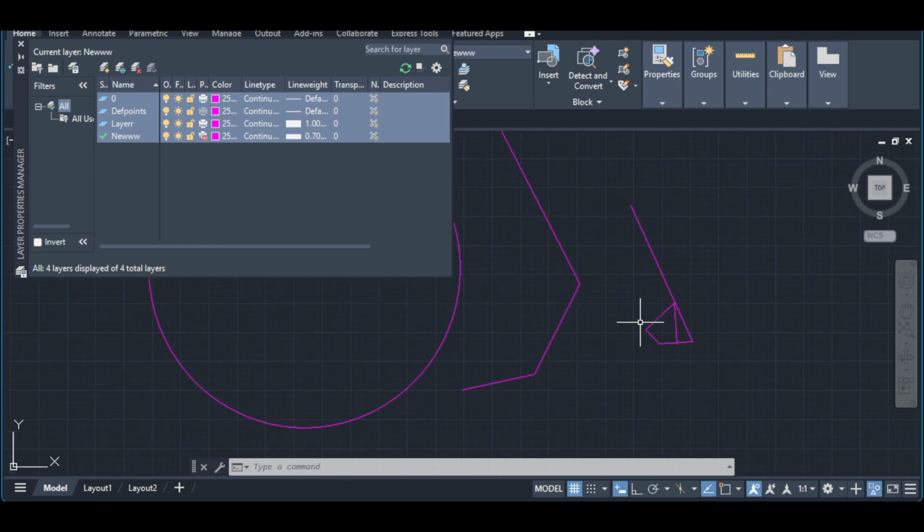That's it. You opened Layer Properties, selected all your layers, changed the color once, and applied it everywhere in one go. Before you move on,